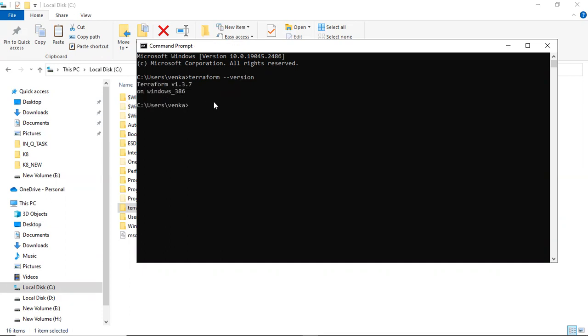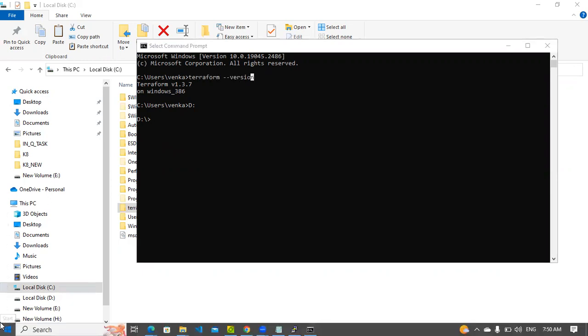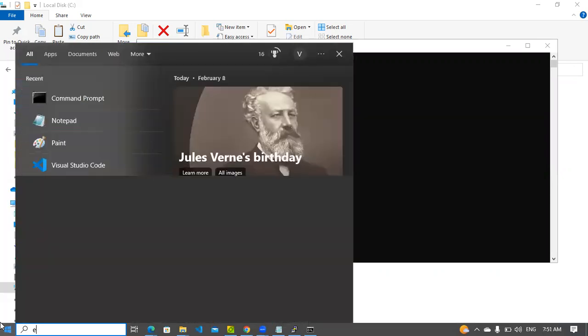But in some cases, if I want to access some of the files present in my D drive, if I have my configuration file, which is code, in the D drive, Terraform will not be able to access those files. Why? Because Terraform will not have the access to work with the files present in the D drive. So we need to provide the access to Terraform.